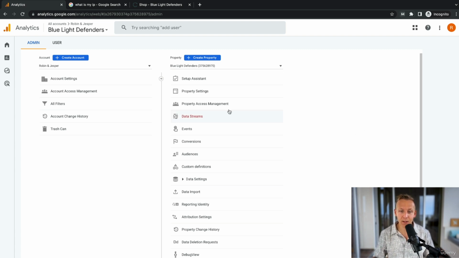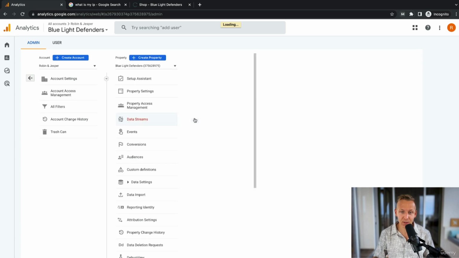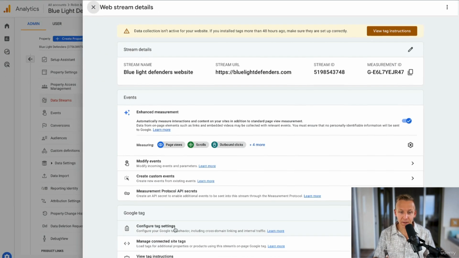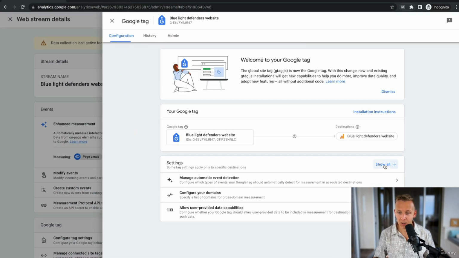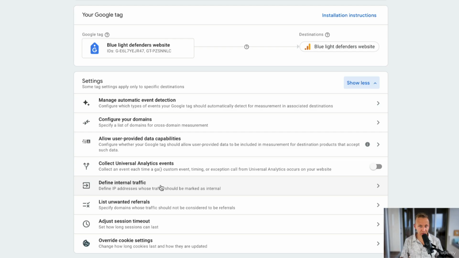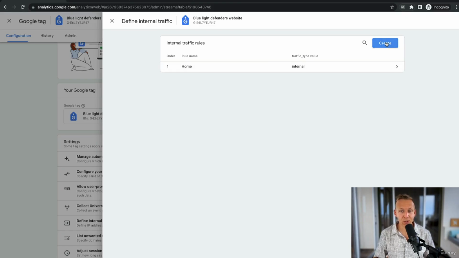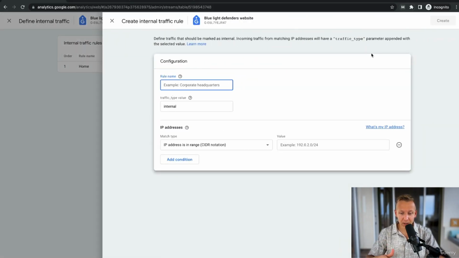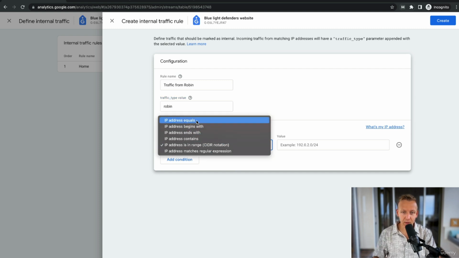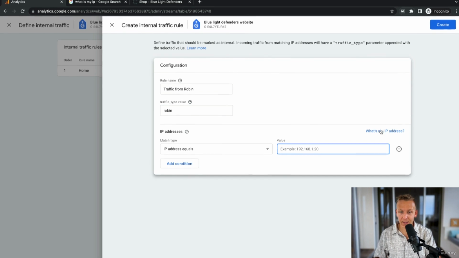All we're going to do is we're going to head back by going to data streams, click on the stream, configure tag settings, show all, scroll down, define internal traffic, and then I'm going to create a new one. And this one is going to be called, so let's say I'm the one that is doing the testing. I could call this one traffic from Robin. And then I'm going to change the traffic type value into Robin, just like that. And just like before, IP address equals, I'm going to go grab it again,